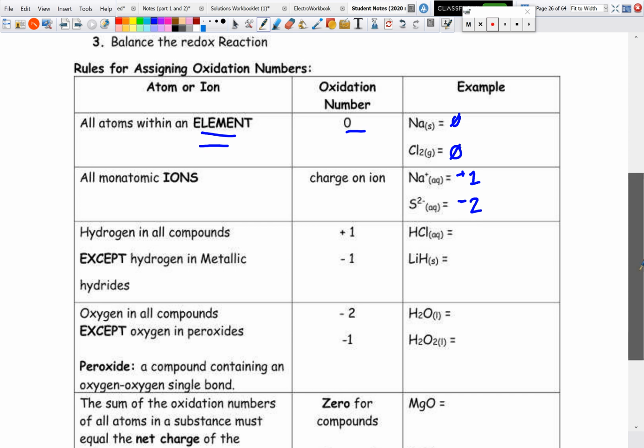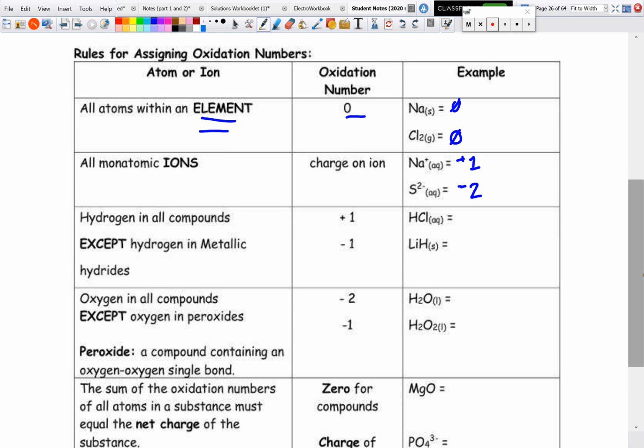Now, for hydrogen, because as you notice, there is a lot of hydrogen showing up in polyatomic ions, and of course in a lot of the reactions that we've done so far. Hydrogen, as a non-metal, is one of the lower electronegativity ones, and it's also higher in electronegativity than all metals. So we can definitely make an assumption about hydrogen, and that is all compounds except metallic hydrides is going to be